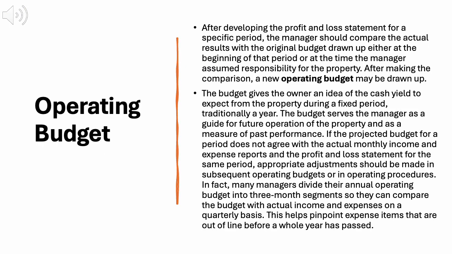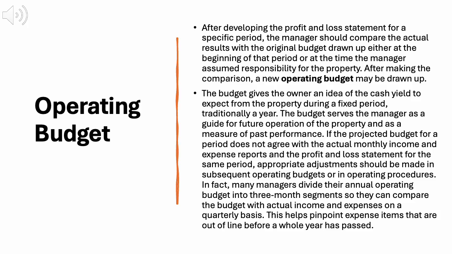Operating budget. After developing the profit and loss statement for a specific period, the manager should compare the actual results with the original budget drawn up either at the beginning of that period or at the time the manager assumed responsibility for the property. After making the comparison, a new operating budget may be drawn up. The budget gives the owner an idea of the cash yield to expect from the property during a fixed period, traditionally a year. The budget serves the manager as a guide for future operation of the property and as a